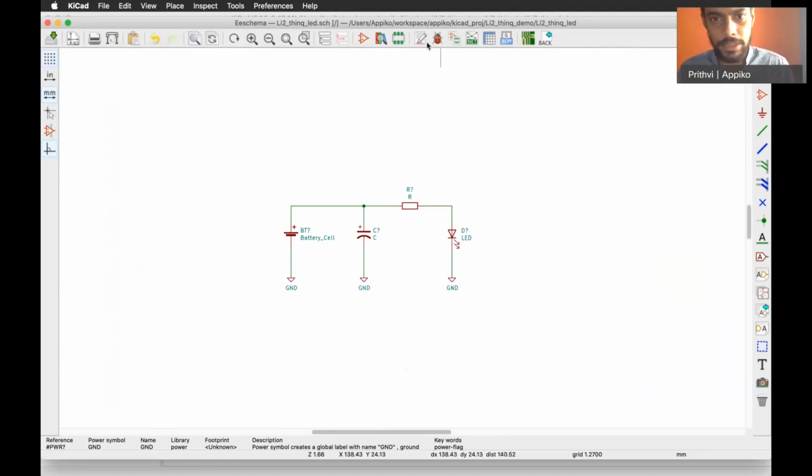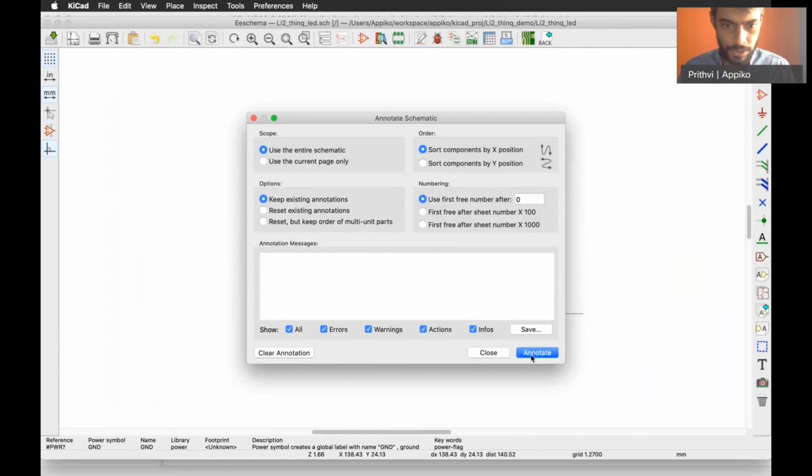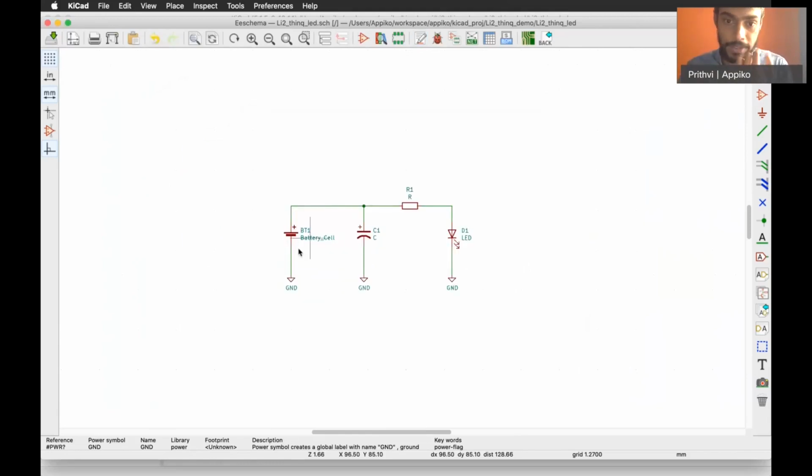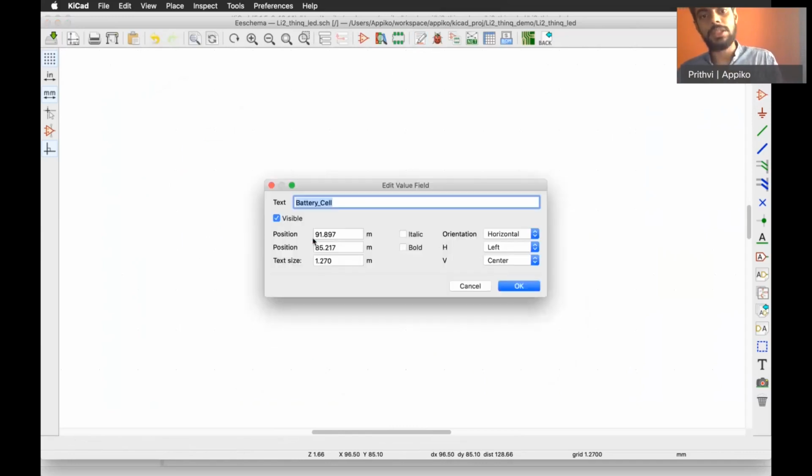We will annotate the schematic. So here's the annotation. Annotation refers to the designation of each component. So we have BT1, C1, R1, D1. Now we can actually give values to these components. So we'll have, say, CR2032 cell.